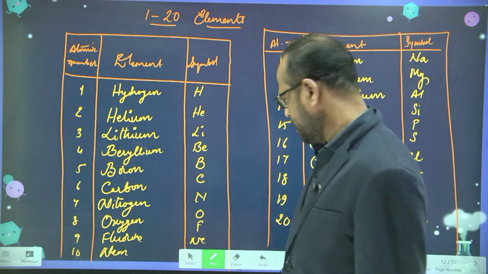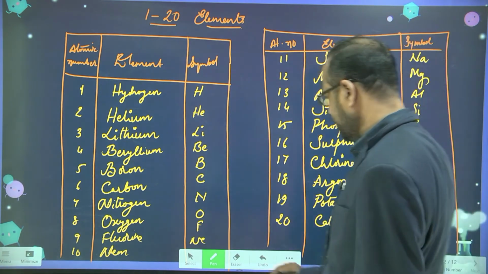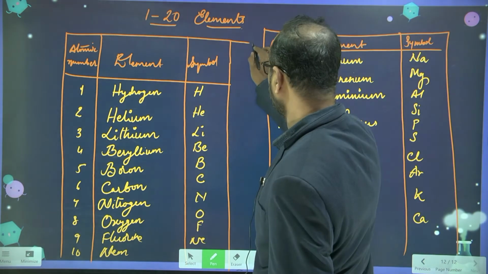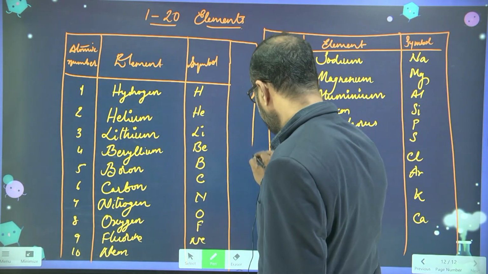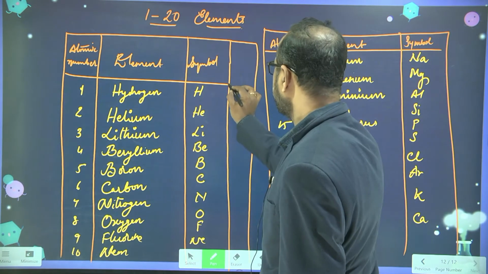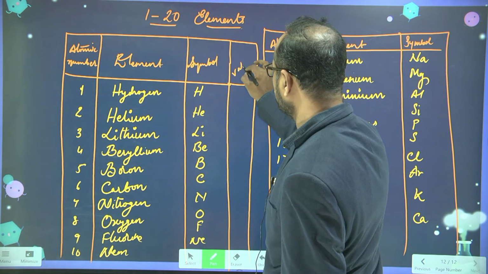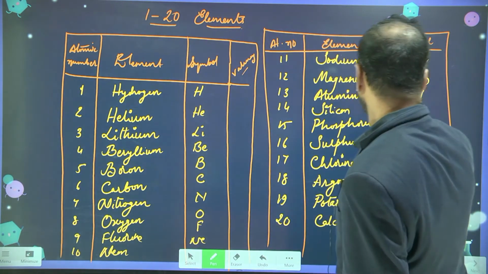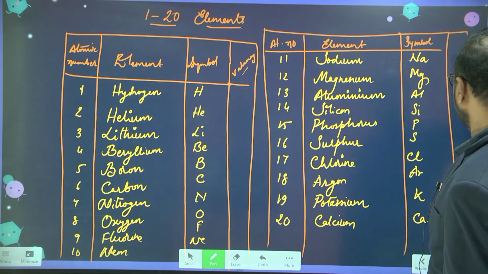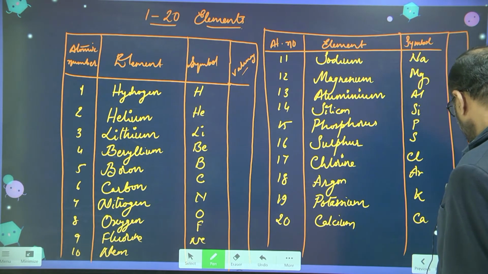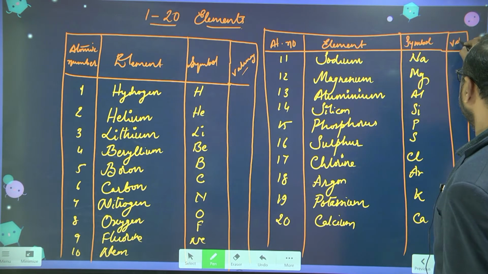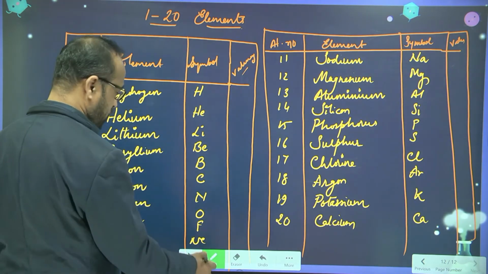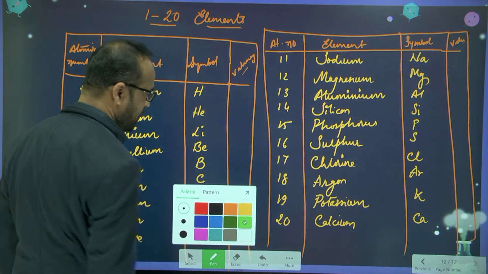Okay. So here one more column also we add here, because I am going to write the valency also here. This valency also you have to remember. So this helps you in writing the chemical formula. So here I am adding one column, that is valency. Now, see the valency here I am writing, these are very, very important. So, that is what I am writing with some other color here.